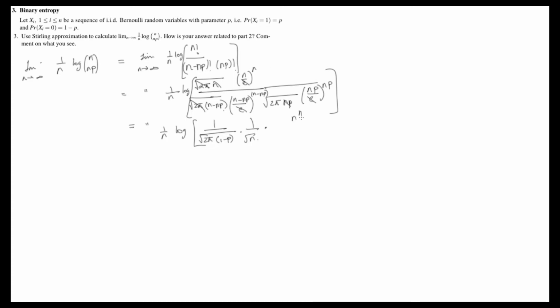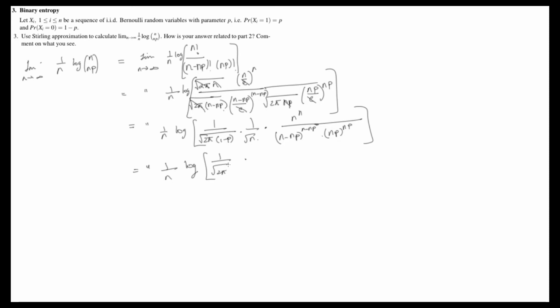Then we have n to the n divided by n minus np to the n minus np times np to the np, which is equal to ditto again, log of